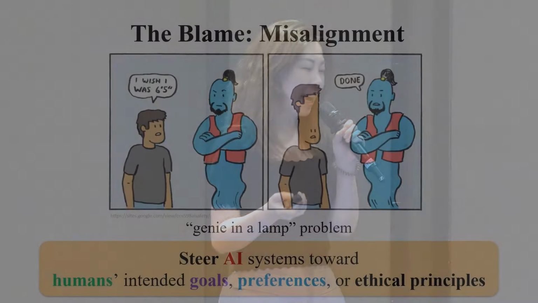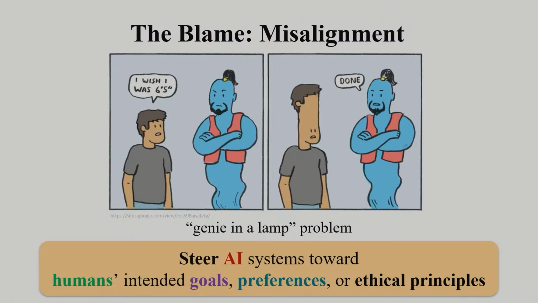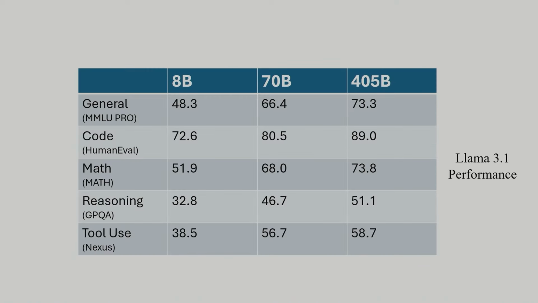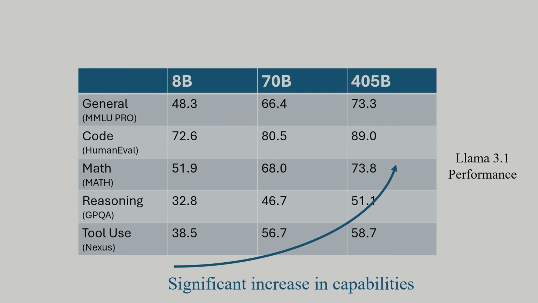So we know alignment is very important. There is this misalignment: we want to steer AI systems that are misaligned to what humans' intended goals, preferences, or ethical principles. What I really have in practice is, in reality, models are getting bigger and more capable as